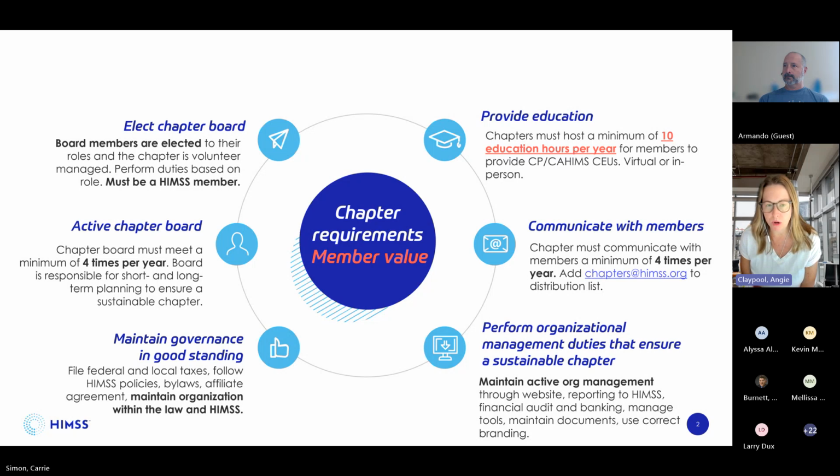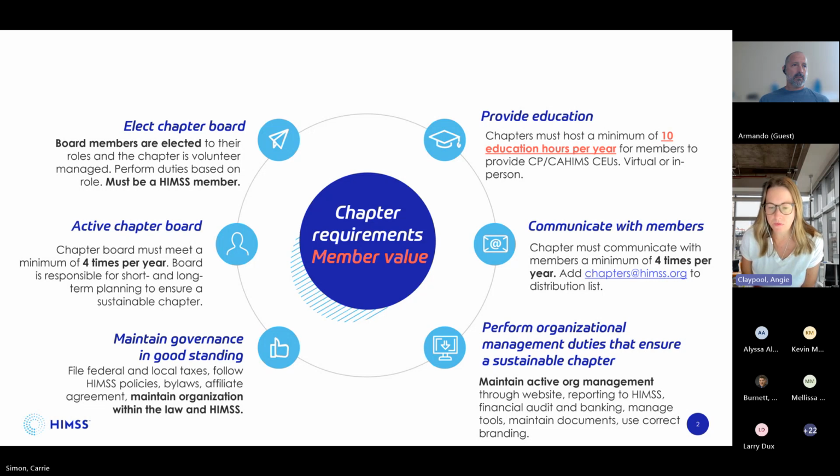I believe most boards meet monthly, so hopefully 4 times a year is a very easy requirement for all of you to meet. The board also maintains governance in good standing, so that means that you're going to follow all the local laws, HIMSS policies, affiliate agreement, and just maintain yourselves in good standing.